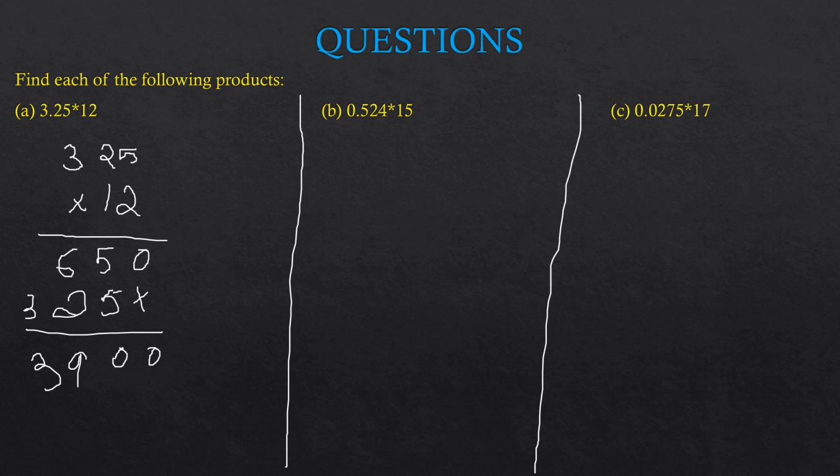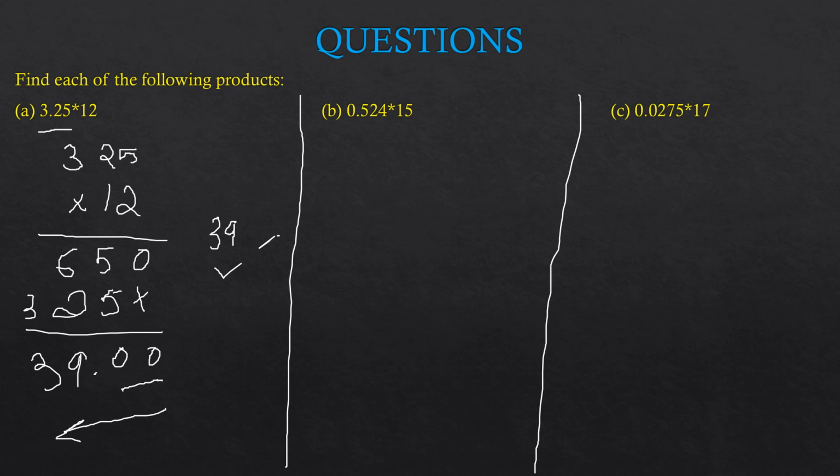And what we have to do in the second step, we have to mark the decimal point. Here in the decimal number we are having 3.25, meaning we are having two decimal places here. So we will count the places from backward to forward, not forward to backward. So 1, 2, two places are getting completed here, so we will mark the decimal point here only. So our answer will be 39.00. Because after the decimal point we are having zeros, and zeros do not have any value, so the answer is 39. Now let's see the second question.